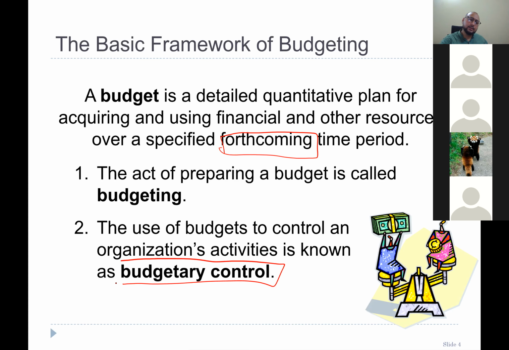Now, the question arises, what are the uses of budgets? Budgets can be used for control purposes as well. For example, if you're looking at the expenses budget and your expense is increasing beyond the amount requested, the controller may refuse to pay, because he has no authority to pay over this budget. In that case, it creates control over the organizational activities as well, so that our expenses are controlled, right?